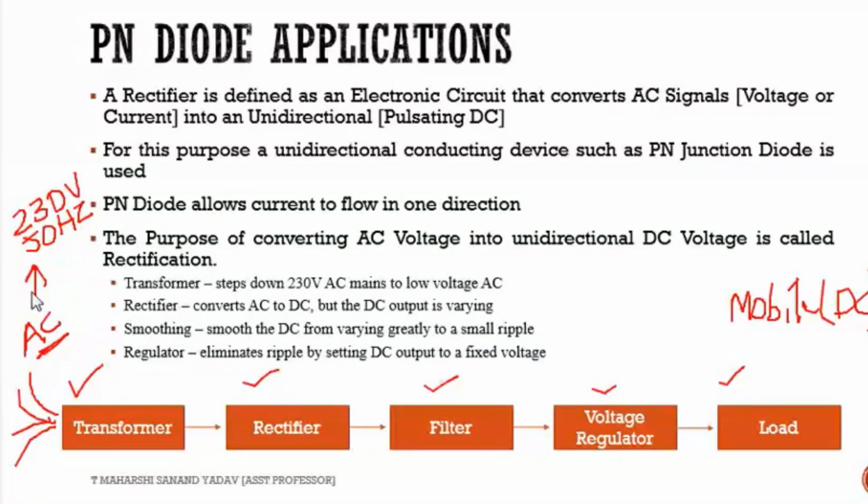Now you need to convert this AC in order to drive a load. A load is some endpoint; a fan is also a load, because when you switch on the plug, the fan starts rotating. Light and all endpoints can be considered loads. If you want to use a mobile, fan or light as a load, you need to convert this AC into DC. This is the order you need to follow.